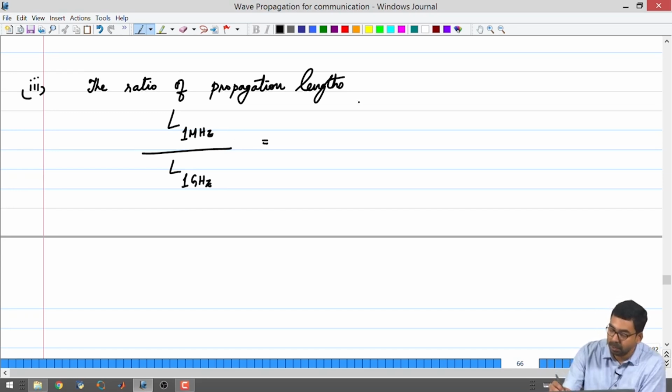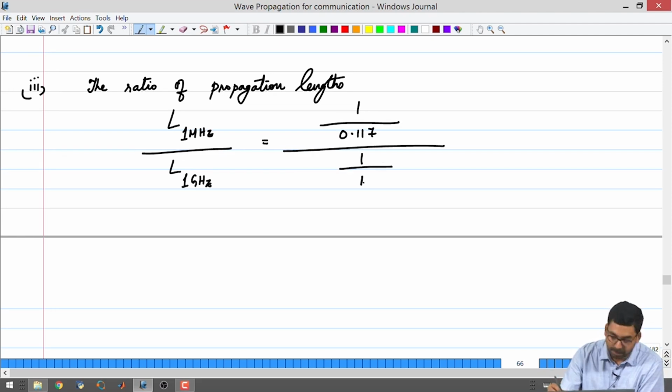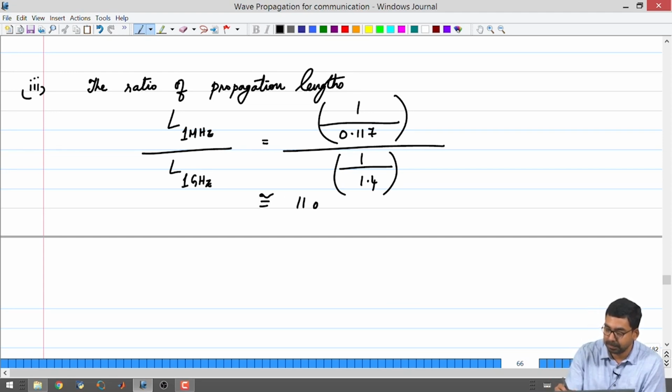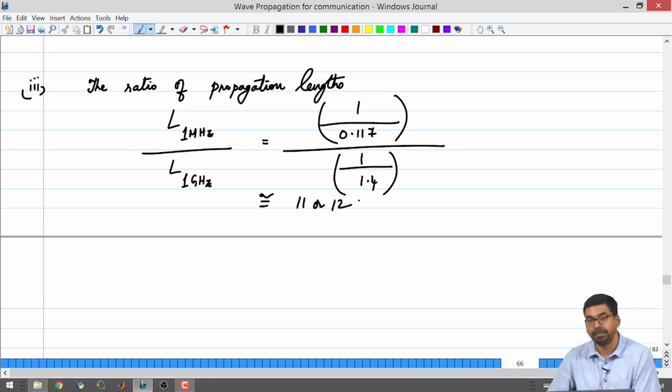So, you will have 1 divided by 0.117, the whole thing divided by 1 divided by 1.4. This is going to be your ratio. Approximately, I can see that it is 11 or 12 times. So, the propagation length at 1 megahertz for this particular transmission line is about 11 to 12 times higher than the propagation length at 1 gigahertz,